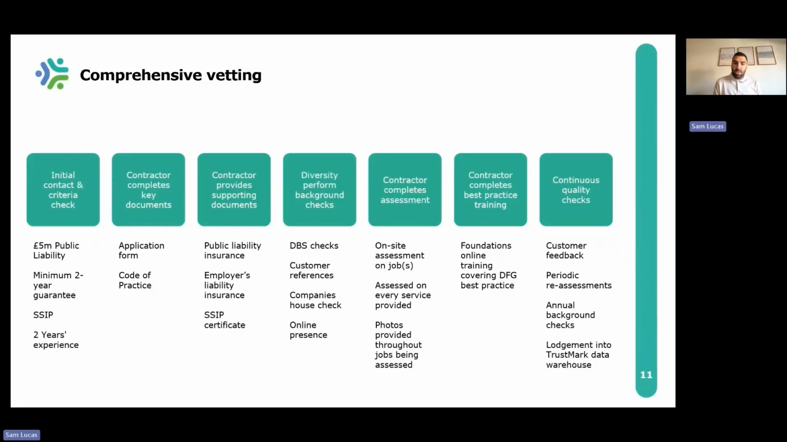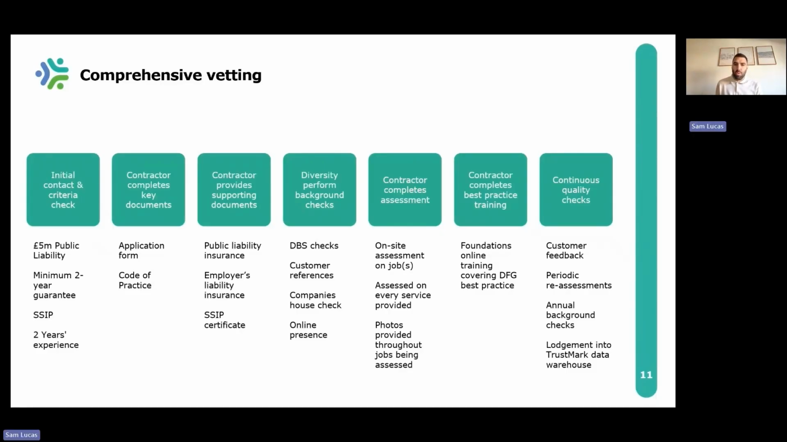They need to complete an assessment, so we carry out an on-site job assessment for any service they wish to provide. Let's say it's bathroom adaptations. We may go and look at a job for a level access shower. We are not only sending an assessor up with them to view that work, but we're also asking for photos throughout the job, because it's all very well looking at a finished product, but what's behind the tiles? What does the pipe work look like, etc. So it's a comprehensive assessment. Should they pass that,